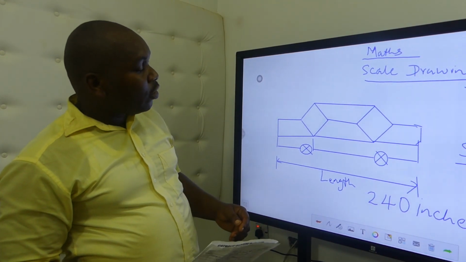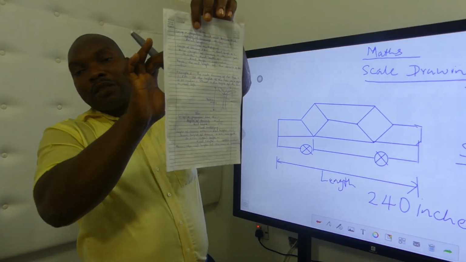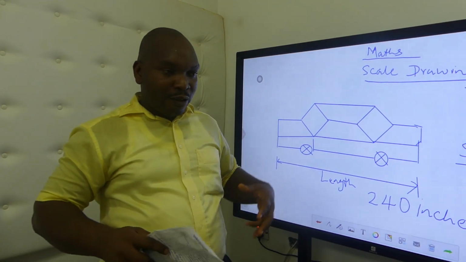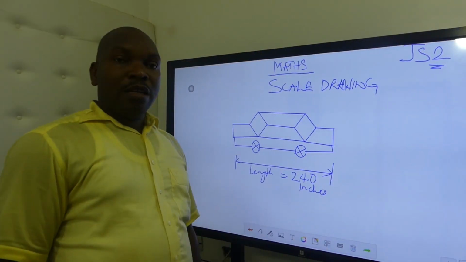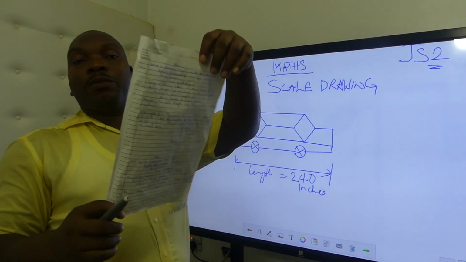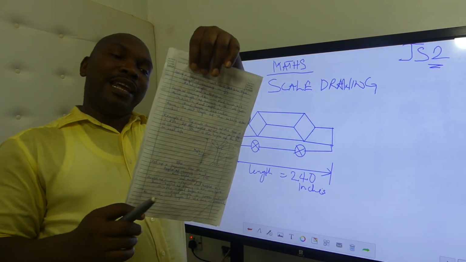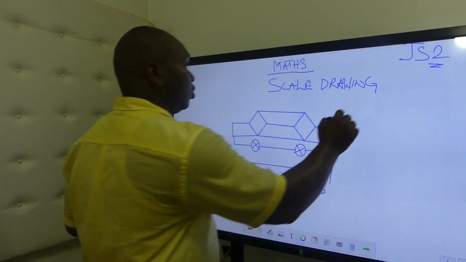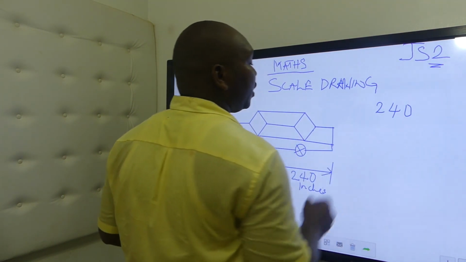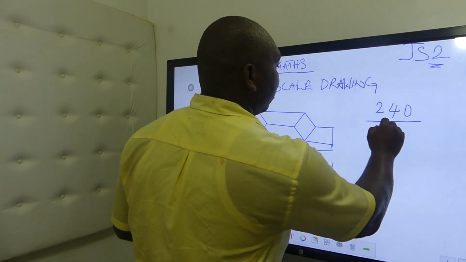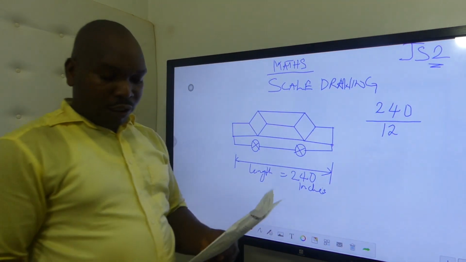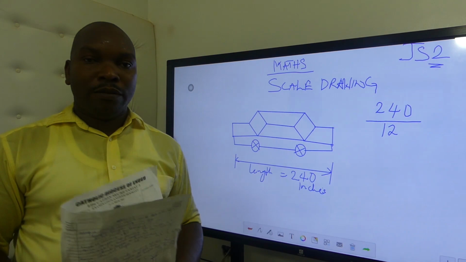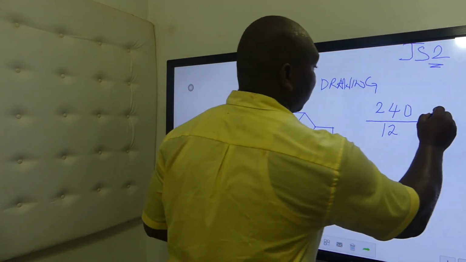Now, if we want to know the number of foolscaps that we are going to use to draw this car, since the length of this car in real life is 240, then if I want to draw it in this foolscap sheet that has the length of 12 inches, I have to divide 240, which is the length of the car, by 12 inches, which is the length of the foolscap, and this will give us